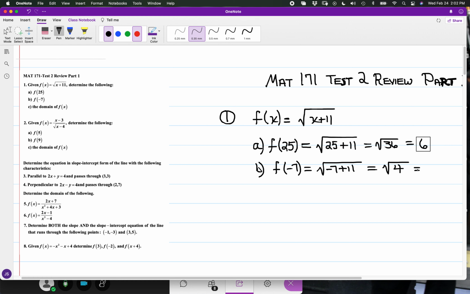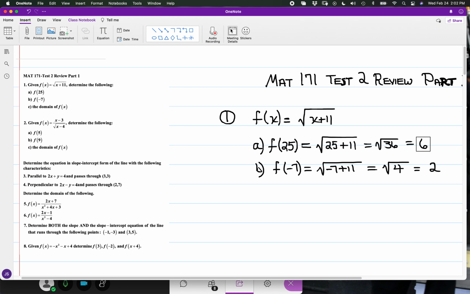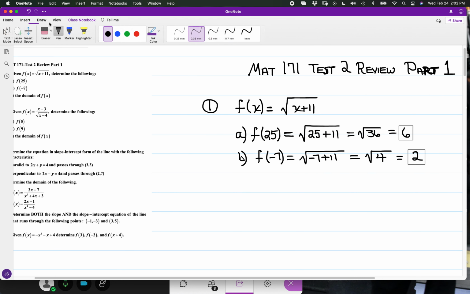Again, the square root of an expression cannot reduce to a negative constant. In the case of the square root of 4, while there are two numbers that will square into 36 as well as 4, we're only going to take the positive result. In this case, that is 2. Now, regarding the domain of f of x equal to the square root of x plus 11,